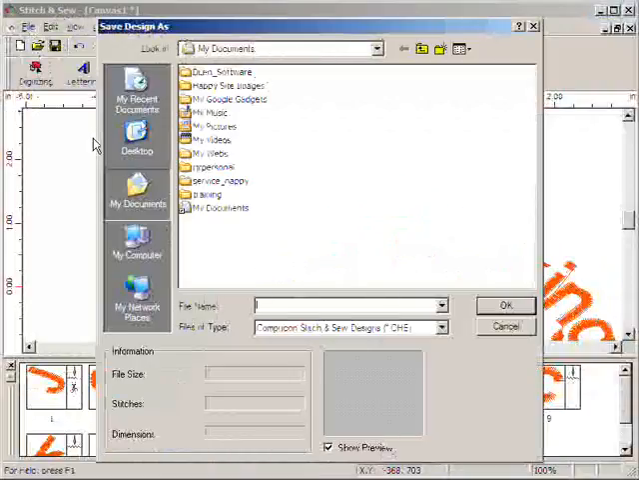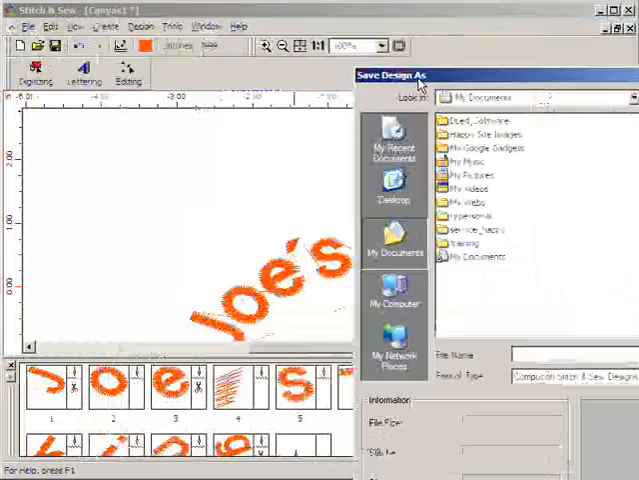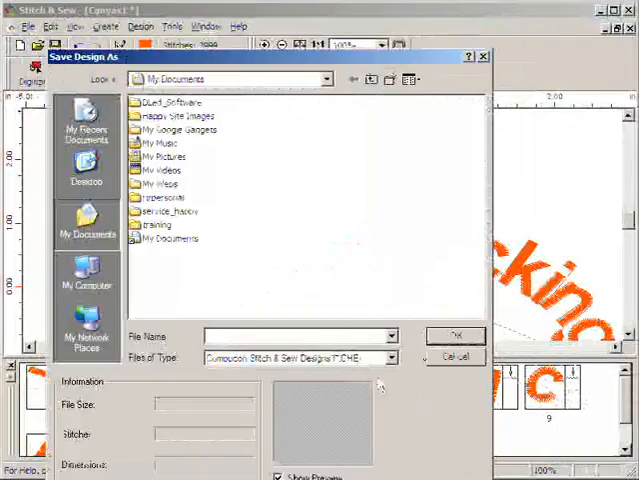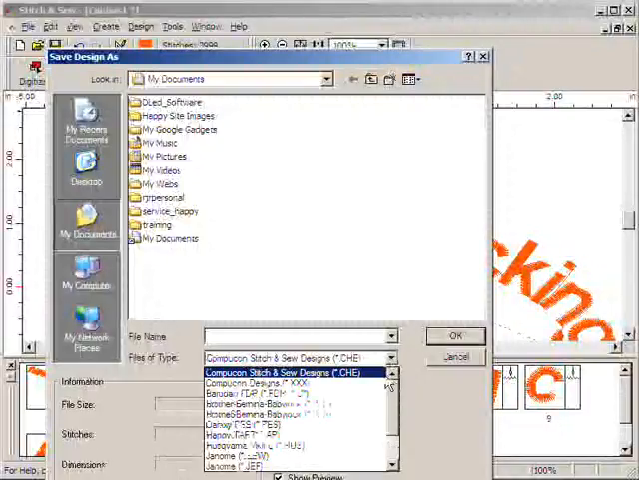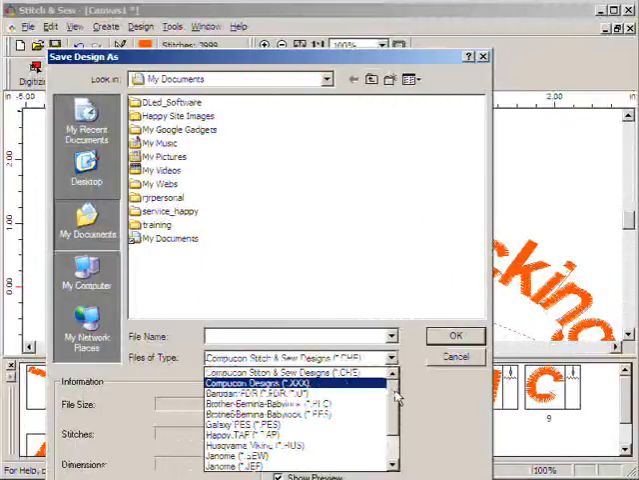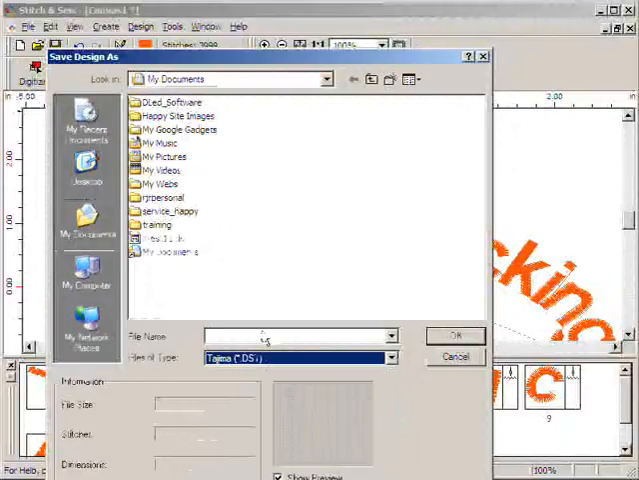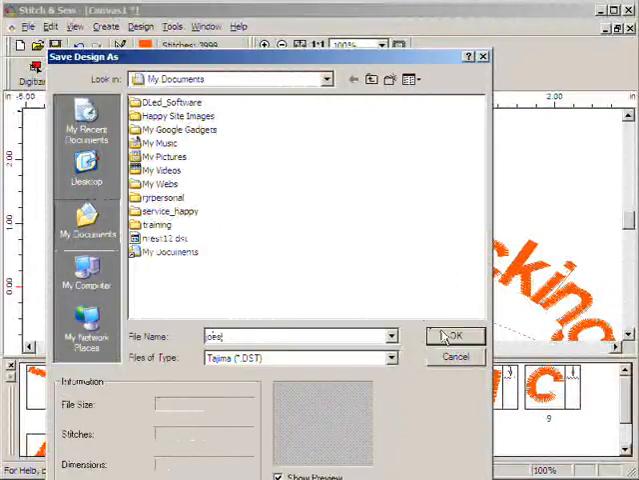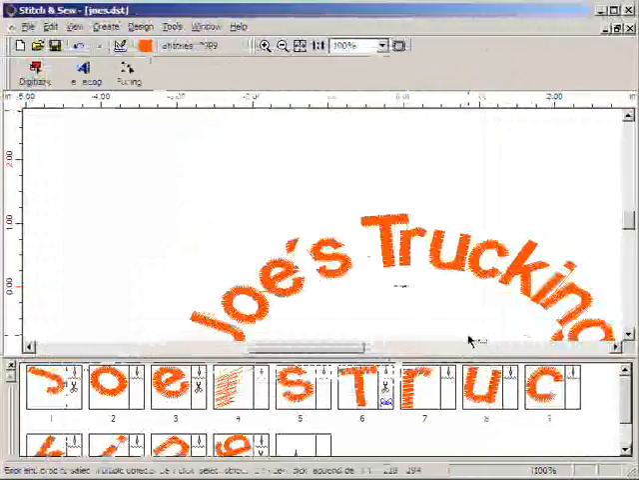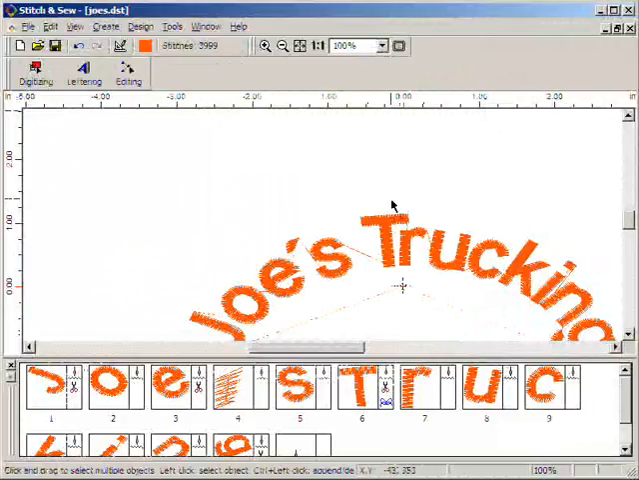And finally, simply save it and give it an appropriate name. You have a wide variety of options to save it to. CHE is our master format, but for whatever machine that you want to save for, we have a wide variety of formats. In this case, we'll save to DST. Give it a name, click OK. That file is now ready to sew, taking it into the